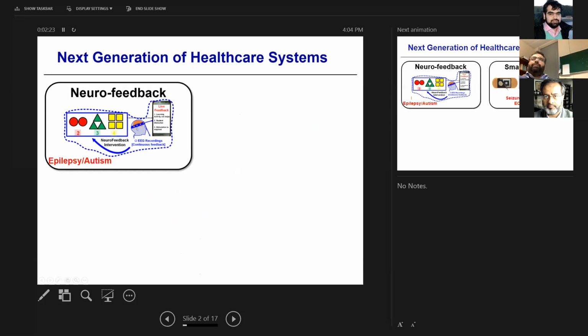So I'll start with the bigger picture. We normally work in the area of multiple themes. The first and the main broader theme is neurofeedback, which is relevant to our healthcare system. What happens in our healthcare system? We go to a clinic, we go to a hospital, we have some symptoms. The doctor does some interview, takes some responses, advises some tests, and based on the tests or the interviews, they give some medication.